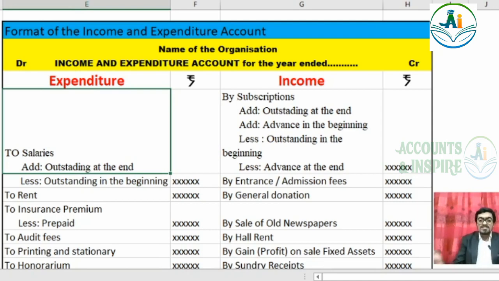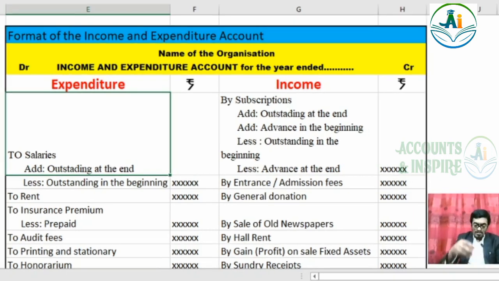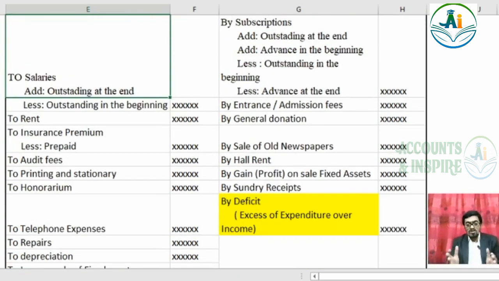Then advance in the beginning: subscription advance in the beginning, the amount we received in advance this year, is to be added. In another case, at the end of this year some amount may be received that is related to the next year, so advance at the end is subtracted. We'll repeat one more time. Subscription outstanding at the end added, outstanding in the beginning subtracted, advance in the beginning added, advance at the end subtracted. Then the remaining: entrance fee, admission fee, these are all normal income, general donation, sale of newspaper, hall rent,